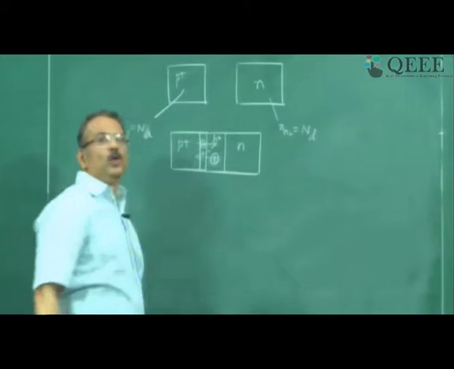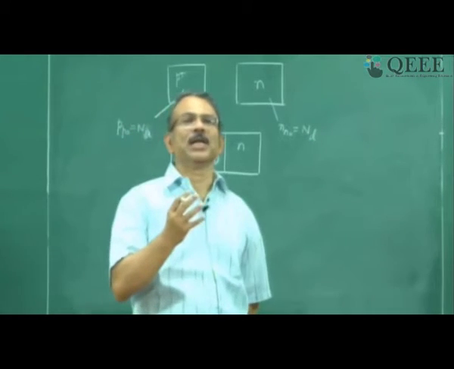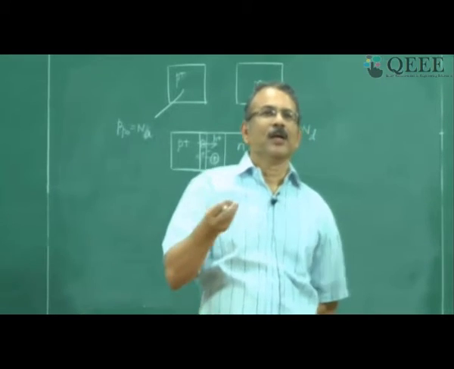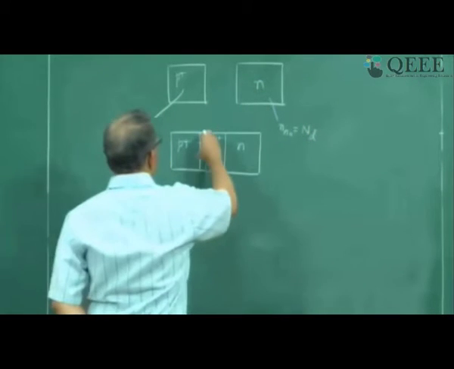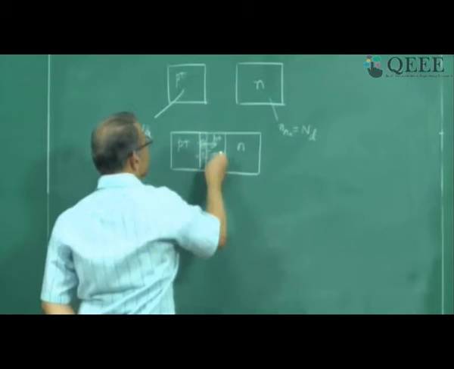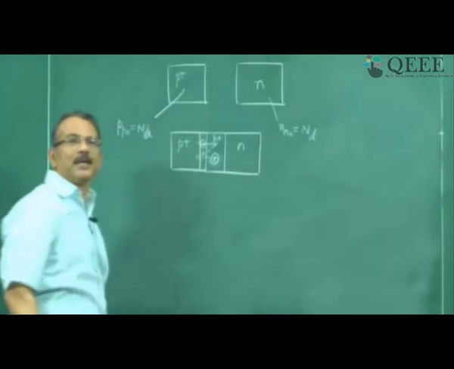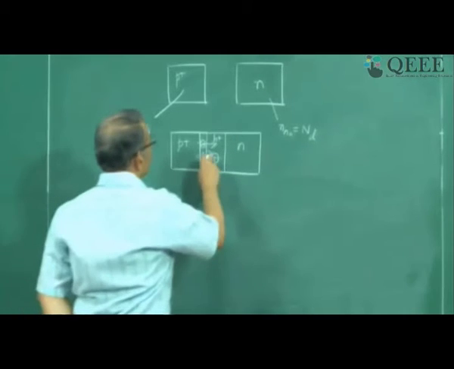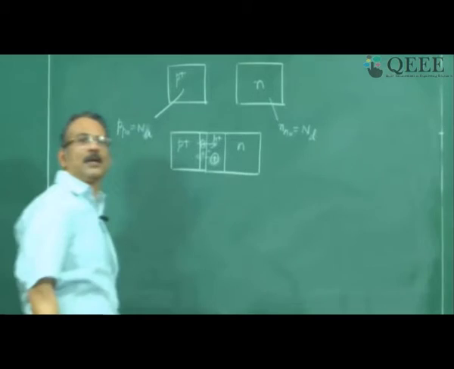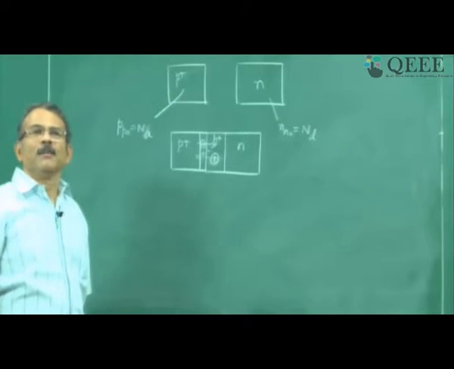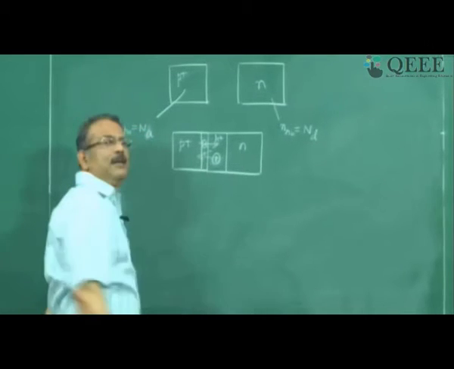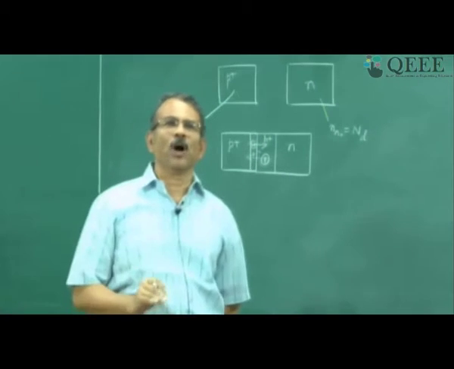So that is why you have what is called a depletion region. The word depletion means removal. So because majority carriers are being removed from this side as well as from this side, you have a depletion of carriers. Now you might say, okay, this region is losing holes, but it is gaining electrons, is it not? So what is happening to these electrons? Yes, but these electrons are minority carriers in P region, their number is really very small.